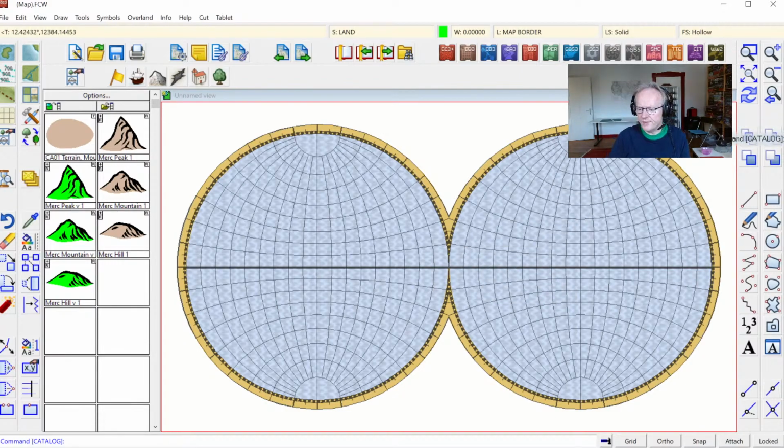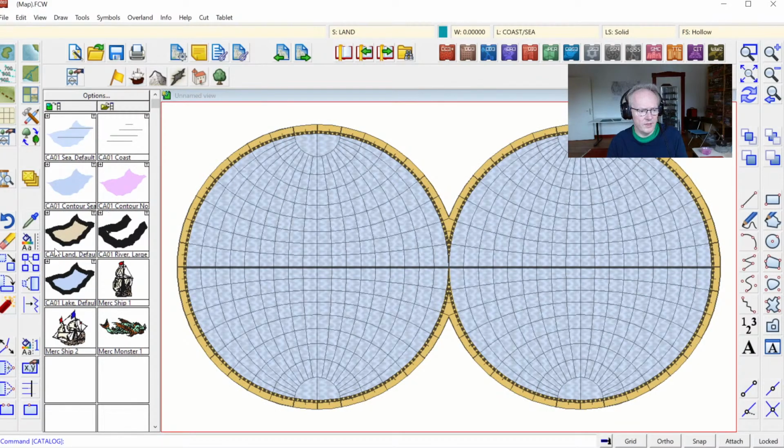But first things first, so what we want to draw is some continental outlines for our world map we are creating here. This is obviously a whole spherical world like our Earth, so we'll need some continents on here. We're just going to start by, we could either load up the symbol catalogs, the C that has a shortcut to the Land Default tool, or we can go through the drawing tool icon here up on the left. Let's grab the one here from the symbol catalog and start drawing the